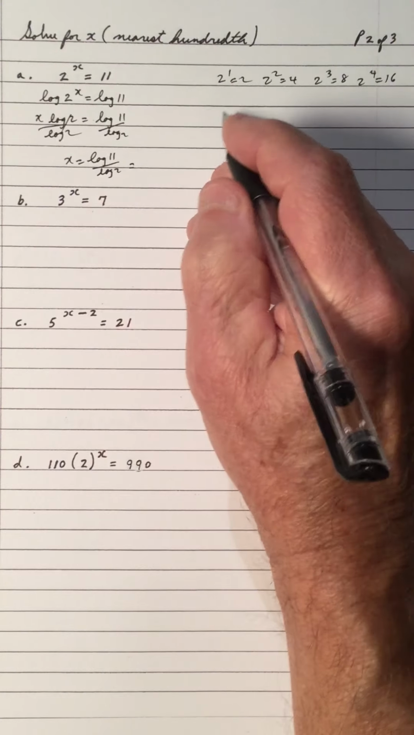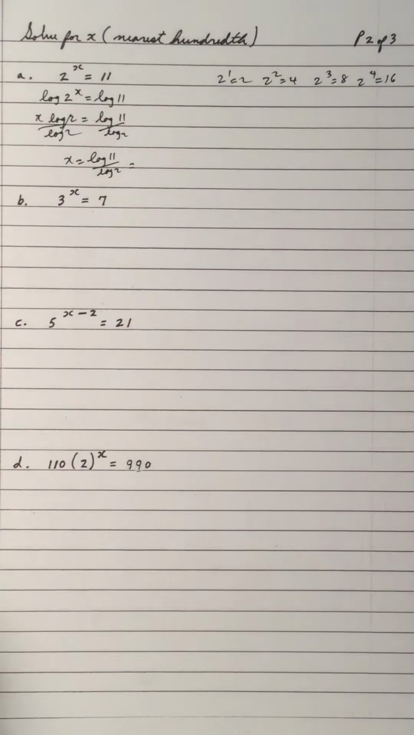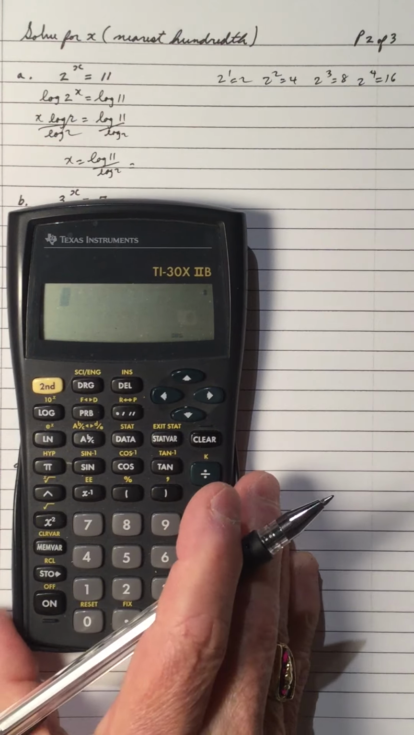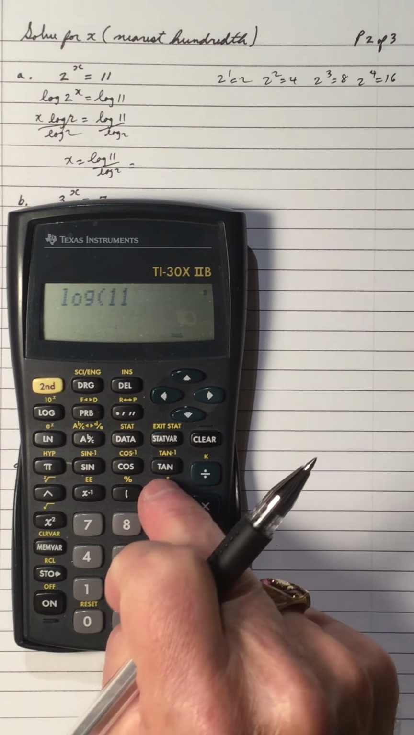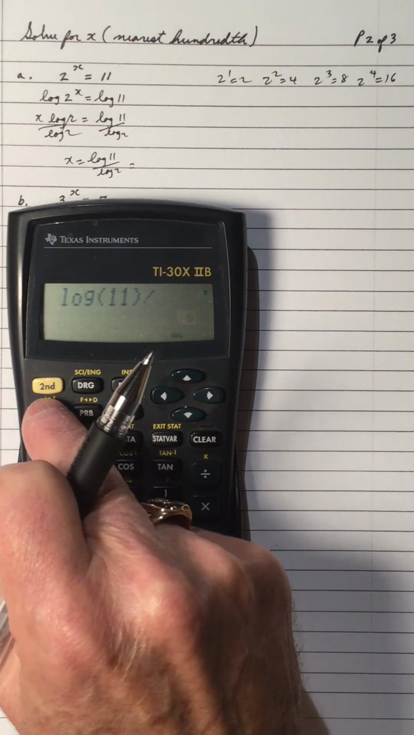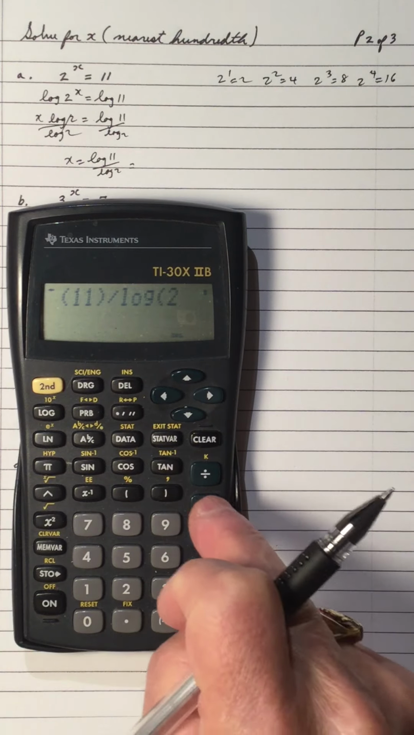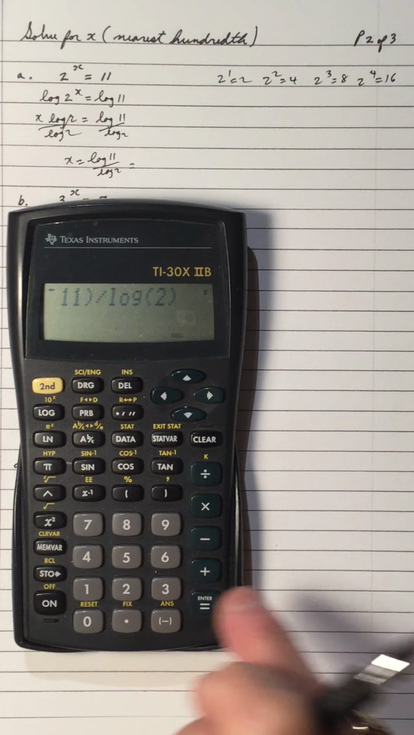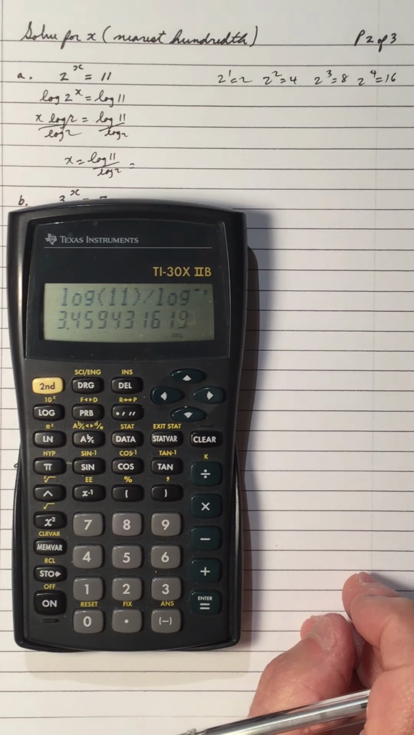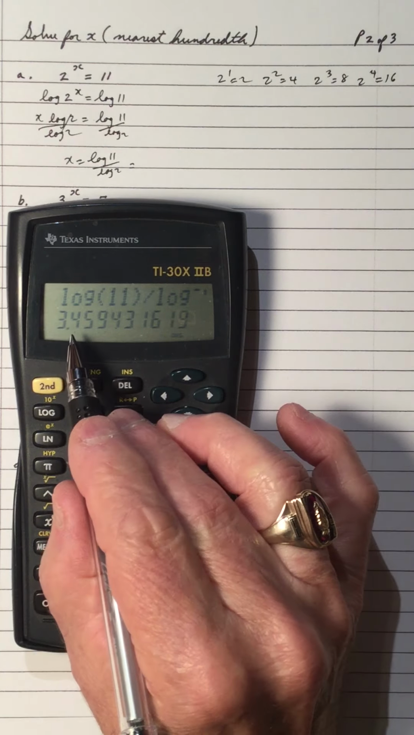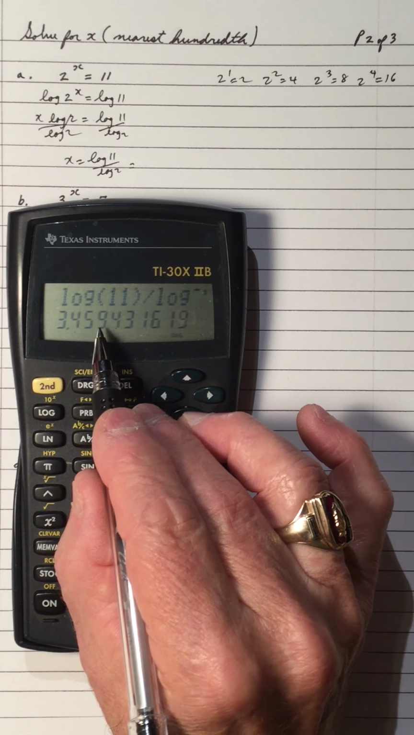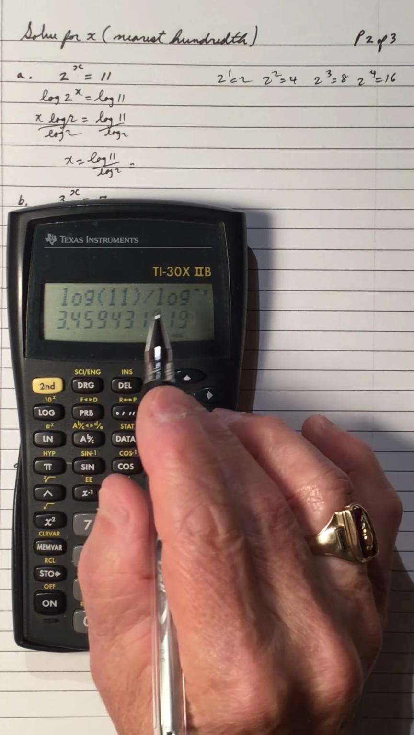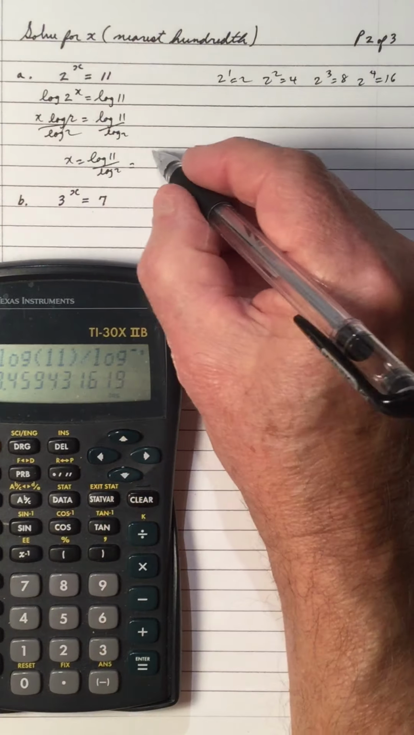And the log of 11 divided by the log of 2, let's use a calculator here. Log of 11, put a bracket, division, log 2. And that gives us, to the nearest hundredth, 3.45. The next digit, 9, is greater than 5, so we add 1 to the 5, so 3.46. So the answer is